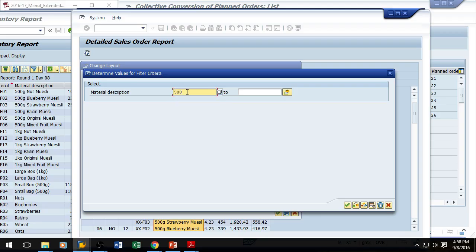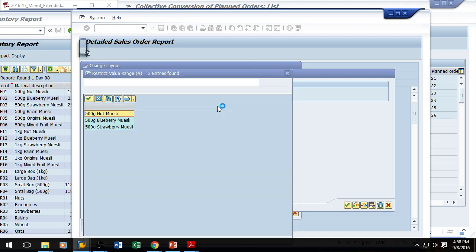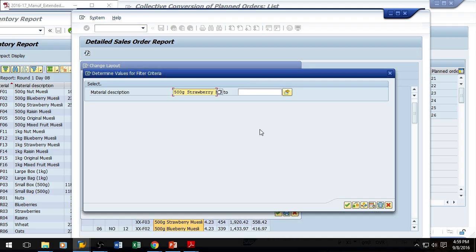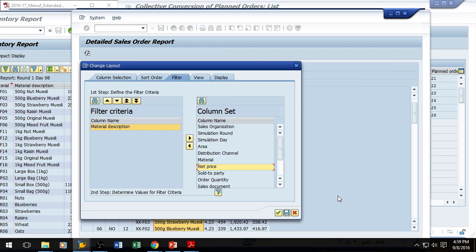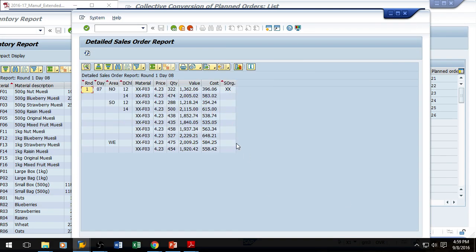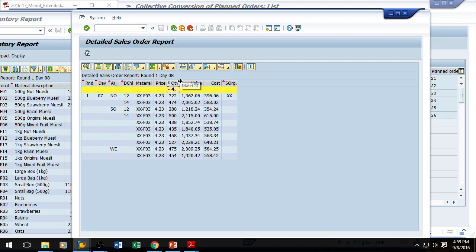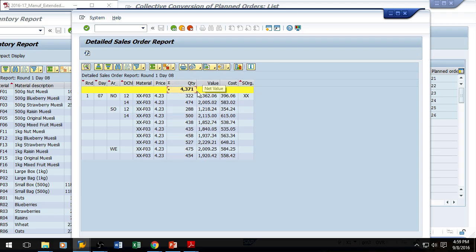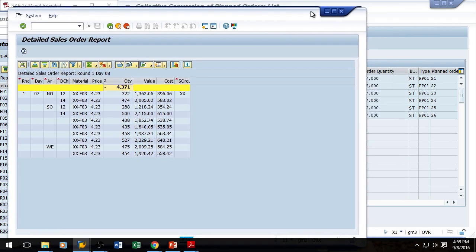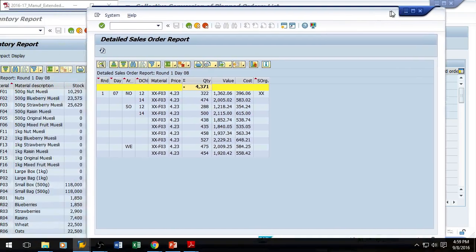And we want 500. I don't know exactly how to type this, so I'm going to do 500 gram strawberry. That should just show me that. Okay, so this is just showing me the 500 gram strawberry. And my guess is if we were to add this up, 4,371 were sold on day 7,